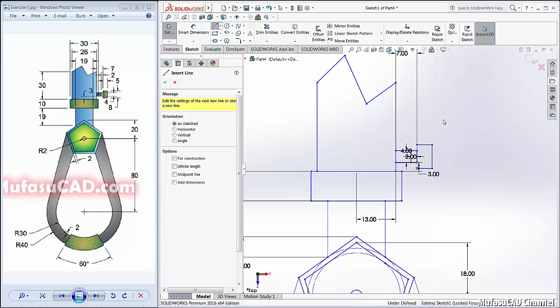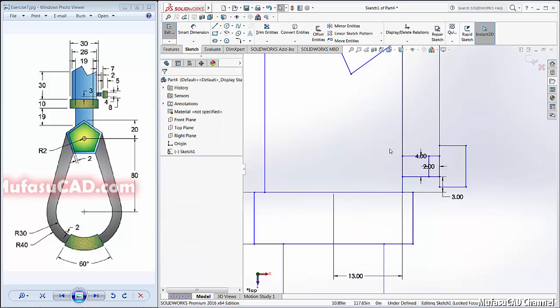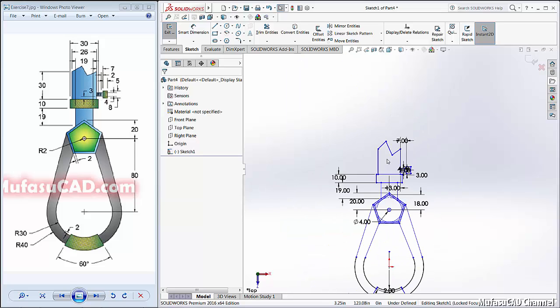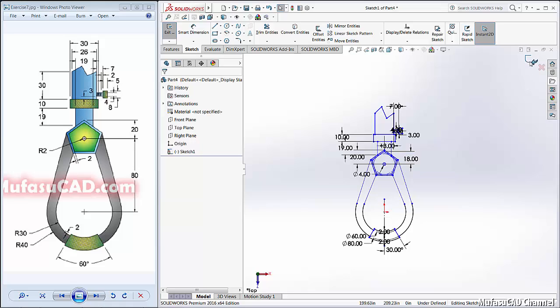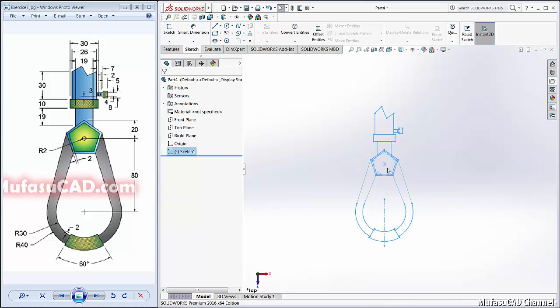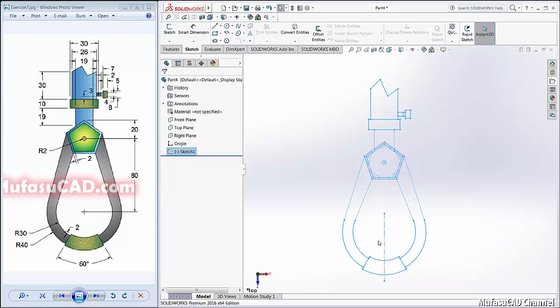Okay, right click, select, and then we check it out the drawing. You can close cut here. Okay, I think it's clear now.